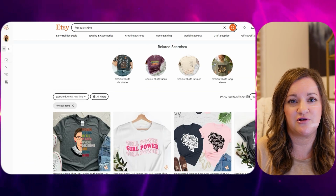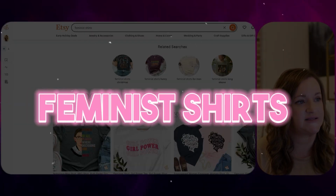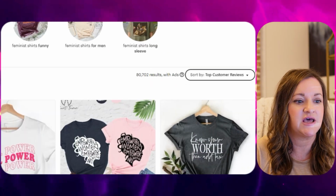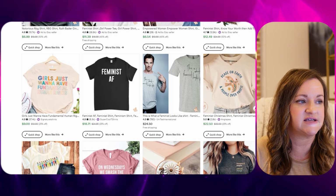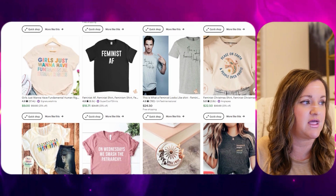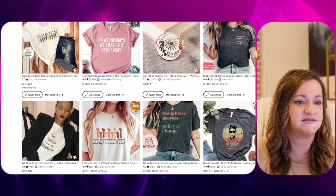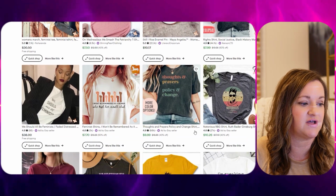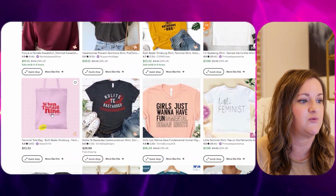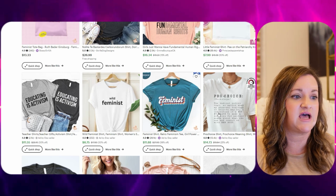So the first popular niche that always sold really well for me was feminist shirts. So in Etsy, I've typed in feminist shirts and sorted by top customer reviews so that I can get an idea of the types of designs that are currently selling. As you can see, there are a lot of just text-based designs with things like feminist. You have things like thoughts and prayers with it crossed out, and policy and change. You have the future is female, and we have a lot of girl power and just straight feminist type styles